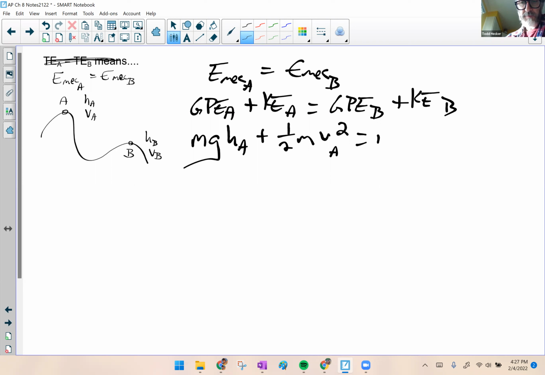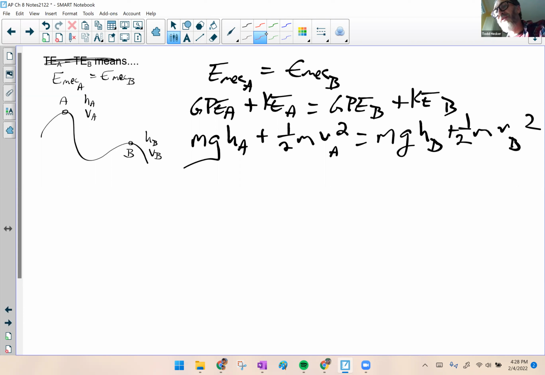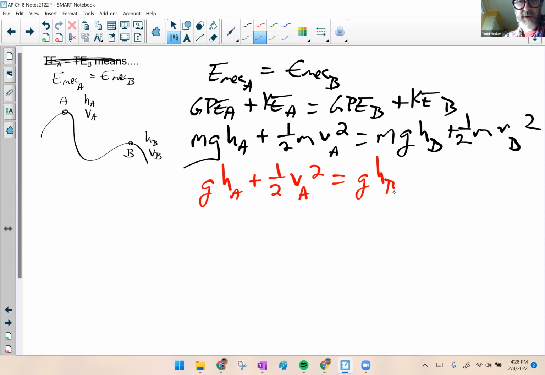Equals mass times g times height at B plus 1/2 m times the velocity at B squared. Notice I could factor out m on all of these, right? Divide both sides of the equation by m, and you get g times the height at A plus 1/2 the velocity at A squared equals g times the height at B plus 1/2 the velocity at B